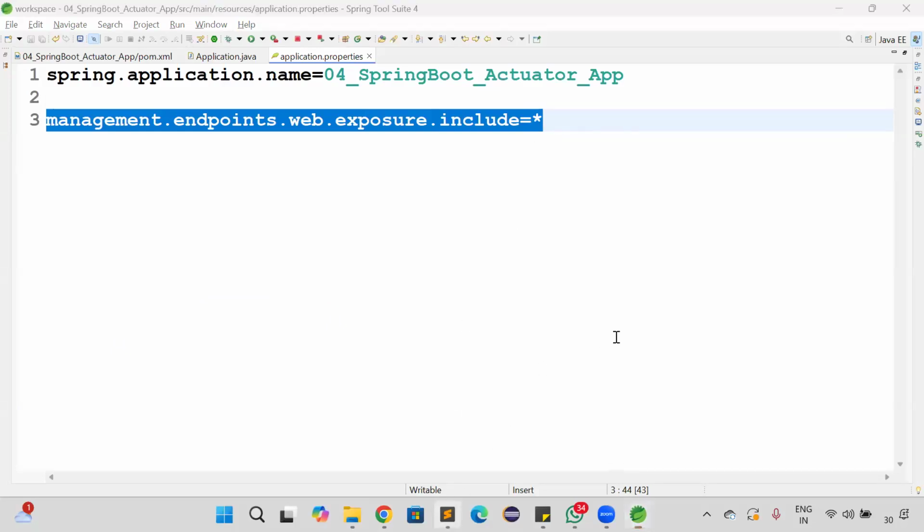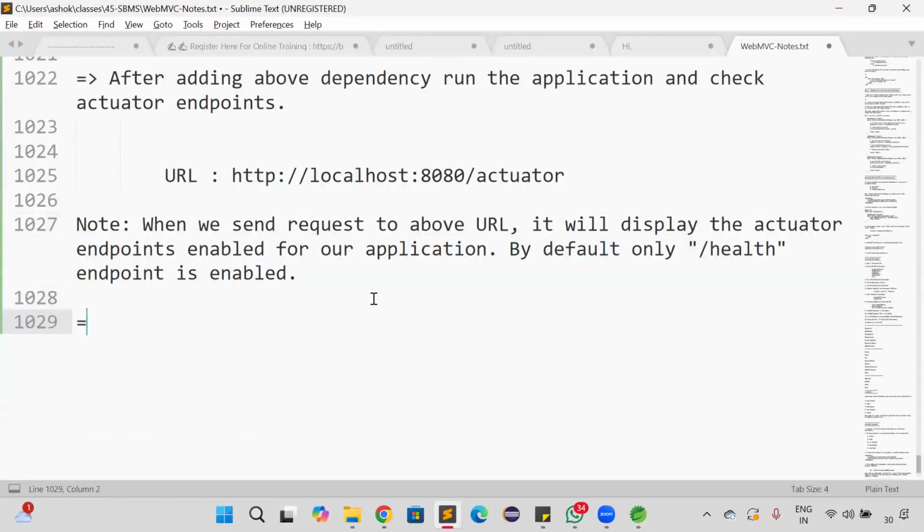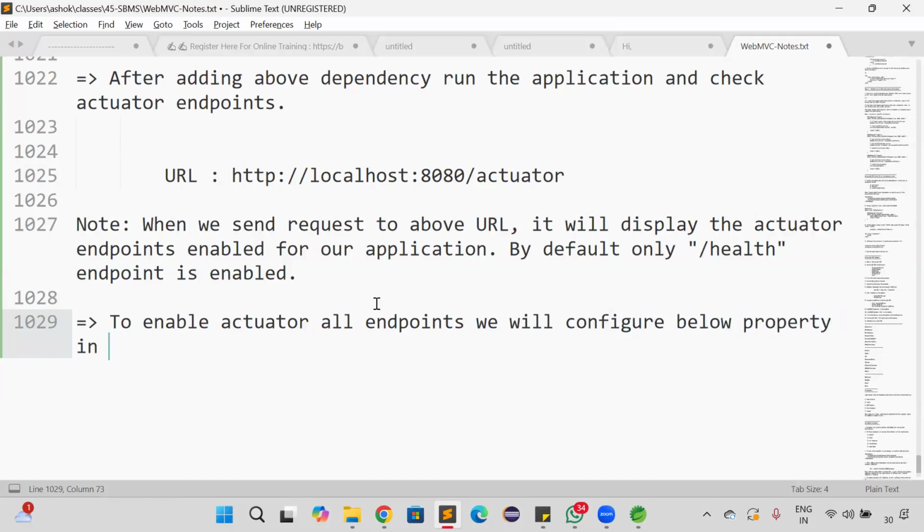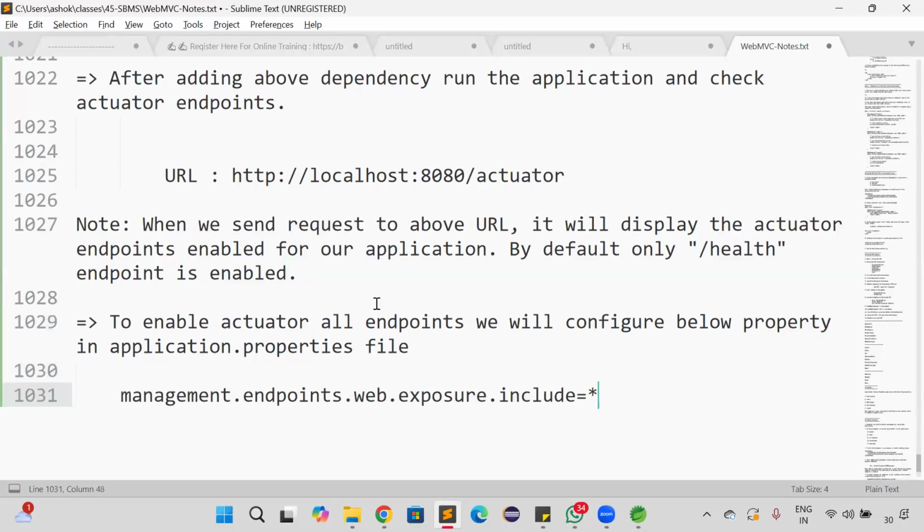To enable all the actuator endpoints, where an endpoint means one URL, we will configure the below property in the application.properties file: management.endpoints.web.exposure.include=*